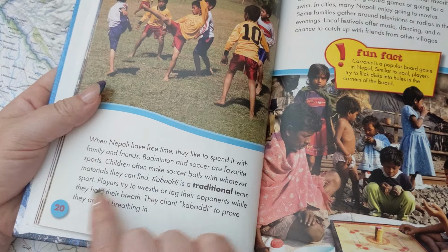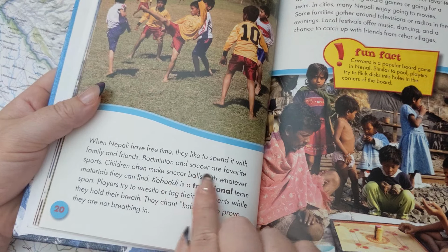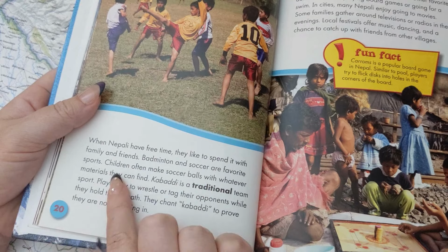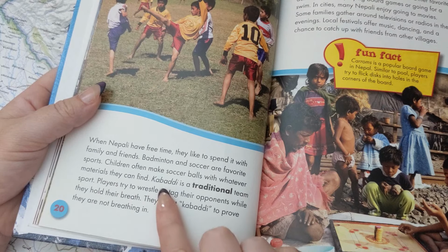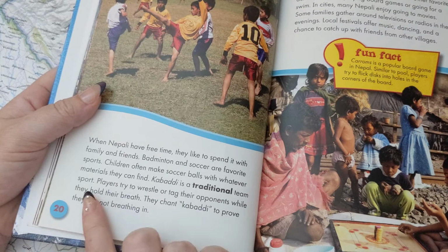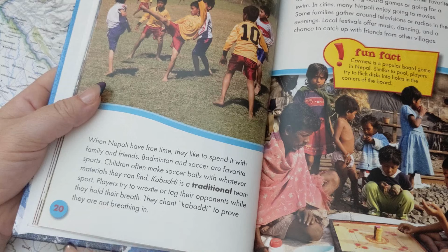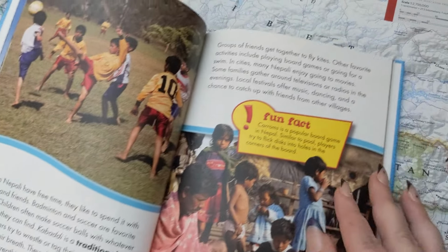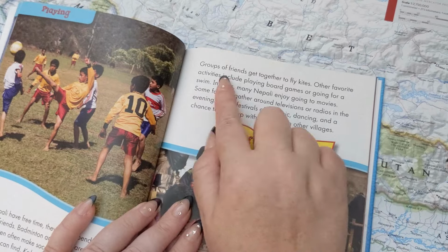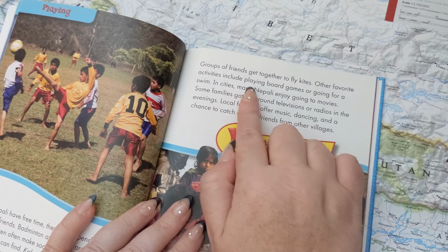Playing. When Nepali have free time, they like to spend it with family and friends. Badminton and soccer are favorite sports. Children often make soccer balls with whatever materials they can find. Kabaddi is a traditional team sport. Players try to wrestle or tag their opponents while they hold their breath. They chant Kabaddi to prove they are not breathing in. That sounds like something I would have played all the time as a kid. Groups of friends get together to fly kites. Other favorite activities include playing board